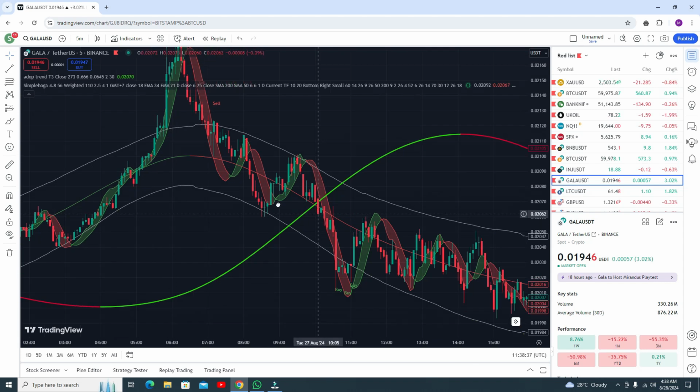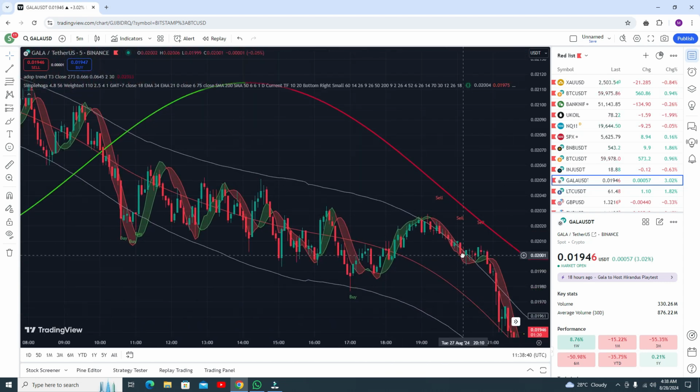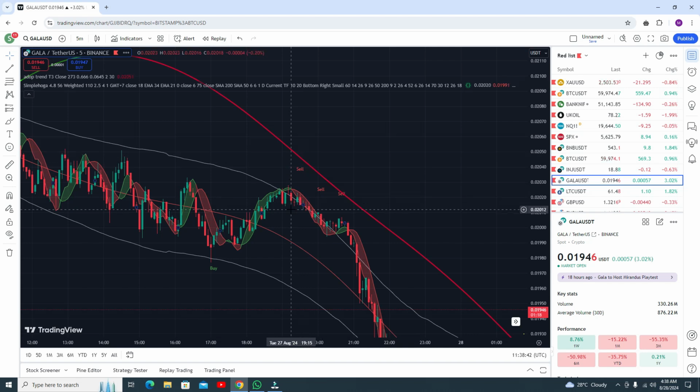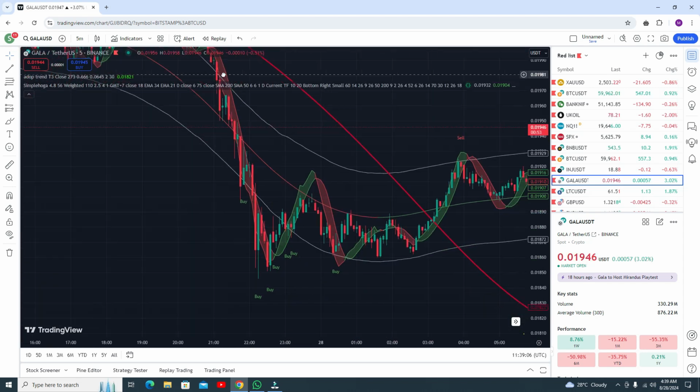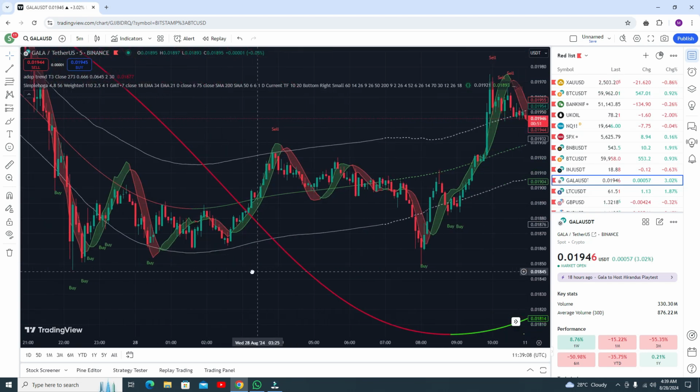Let me show you some more details. Here you can see this is a double confirmation signal, because the top trend line is above the upper band line, and the RSI is above the upper band line, and you can see the top trend line is red. You are getting a sell signal, and the RSI is also above the upper band line. So this is your double confirmation signal, and it will definitely give you profit. Okay, and you can see you got amazing profit. Okay, let's find out more.